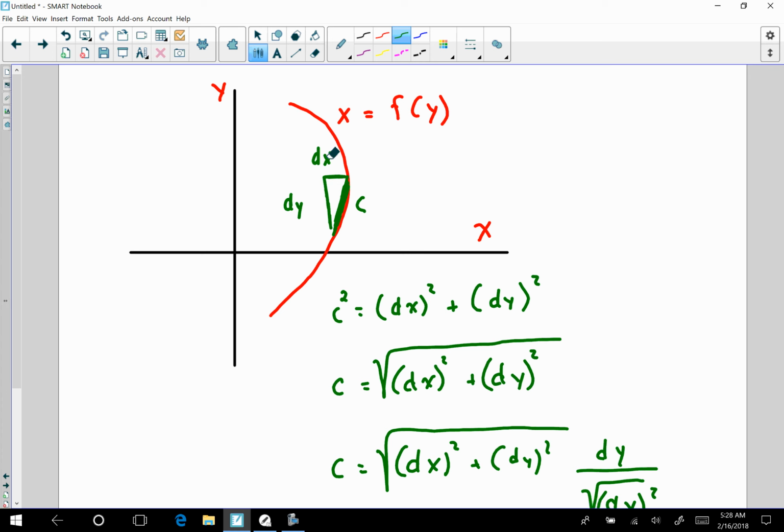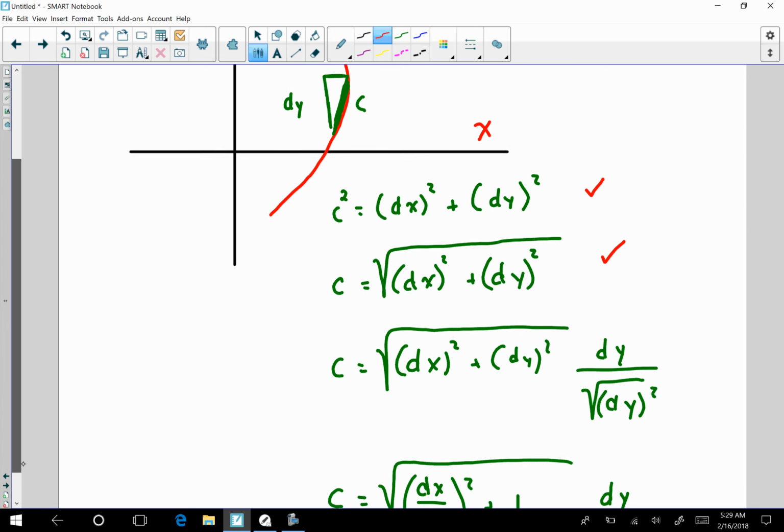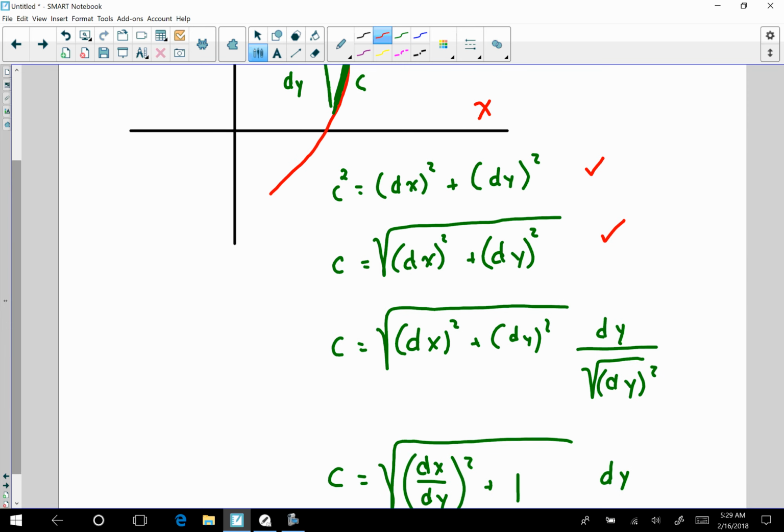I'm going to have a dy and a dx, and I know that c squared, by the Pythagorean theorem, is equal to dx squared plus dy squared. Same thing. No need to reiterate what I just talked about on the previous slide. The only things changing around are the dx's and dy's. Again, I'm multiplying it by 1, and you can slow this video down. You can pause the video to see what we're doing. It's the same exact discussion,